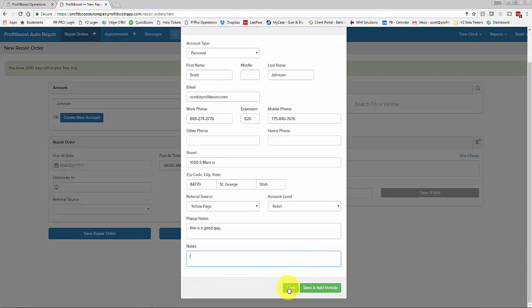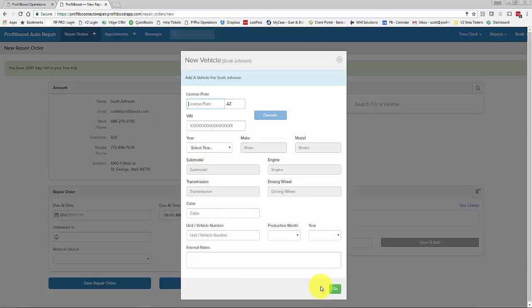So now you have a choice to save the account information or go ahead and save and create a vehicle. This takes you to the vehicle page. If you have enabled Carfax, the VIN number decode, you can put in the license plate number and hit decode, and that will return the VIN number to you, the year, the make, the model, the submodel, the engine. In some instances you have to choose the rear wheel or four-wheel drive,